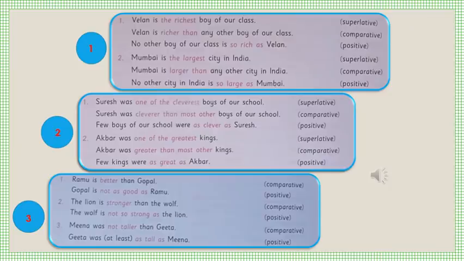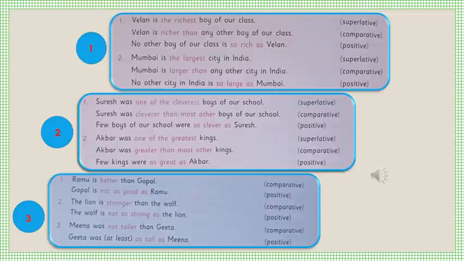Now you can see the things given there in the text. We have seen all the rules to change the degrees of comparison, or interchange of the degrees of comparison. Now we need to only apply the points or rules. We can change the degree of an adjective or adverb used in a sentence into another degree without changing the meaning. Observe the following examples. Without changing the meaning, we have to interchange the degrees of comparison. Three models are given here: model 1, model 2, model 3.